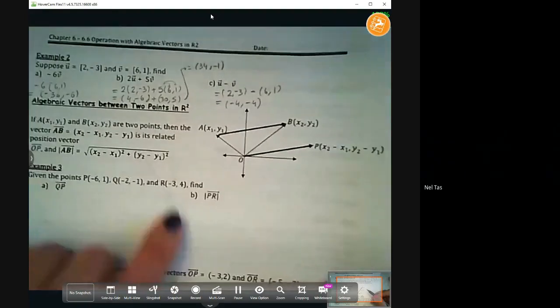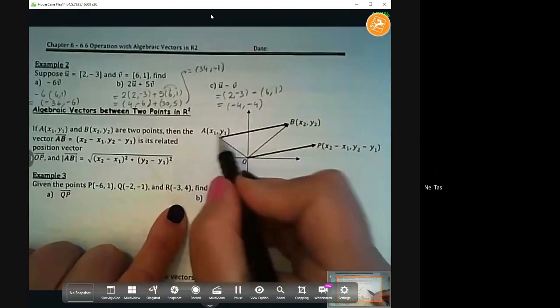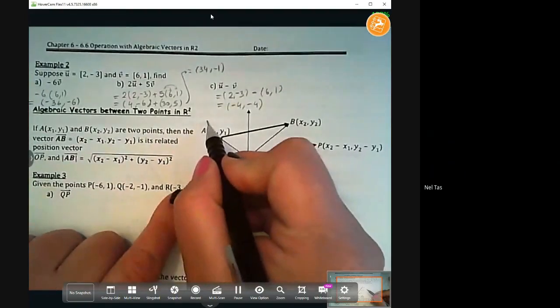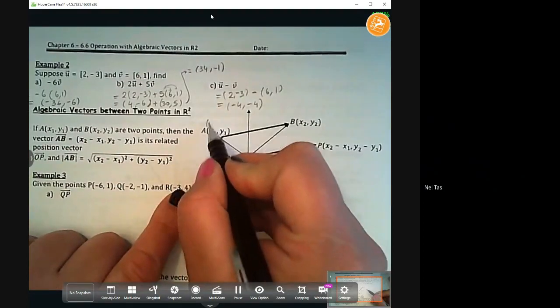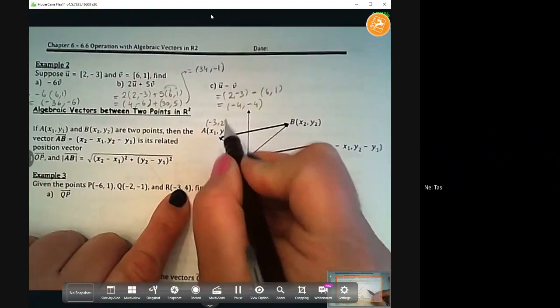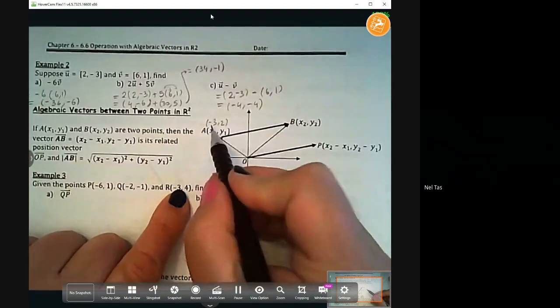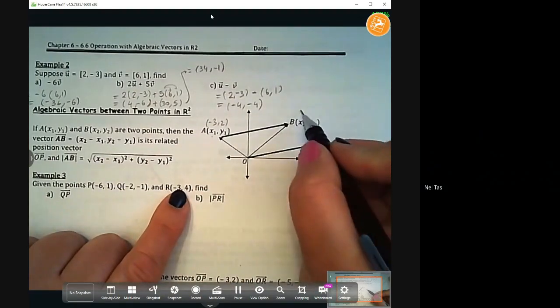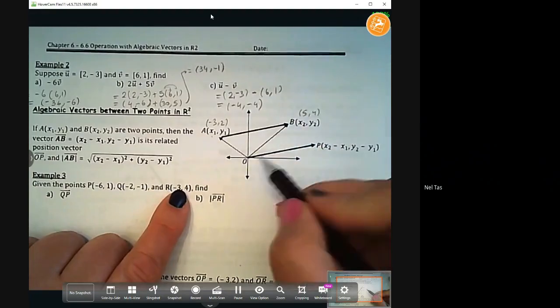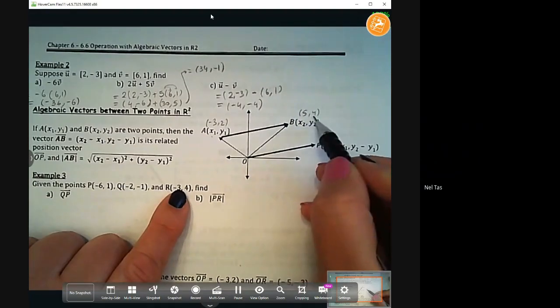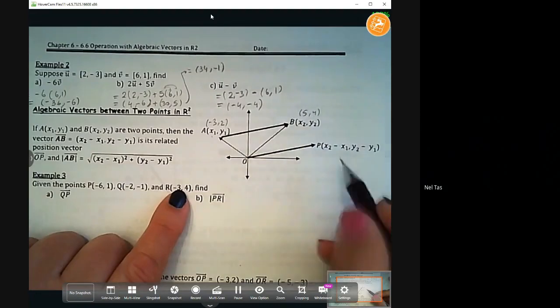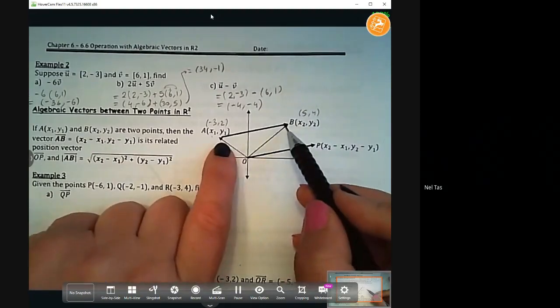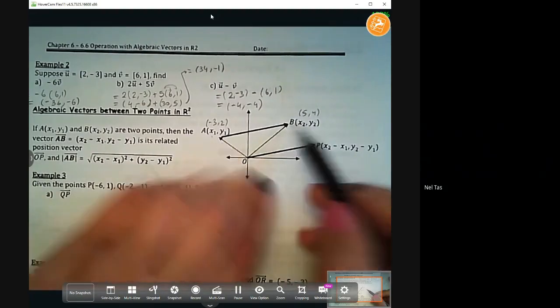Let's give a numerical example here. Let's say the coordinates of point A are -3 and 2, so vector OA is -3 and 2 as well. Let's say point B is 5 and 4, so vector OB is also 5 and 4. Then if we want to get vector AB here,